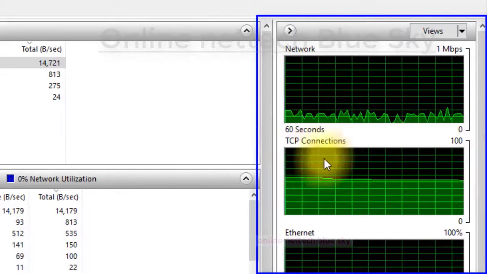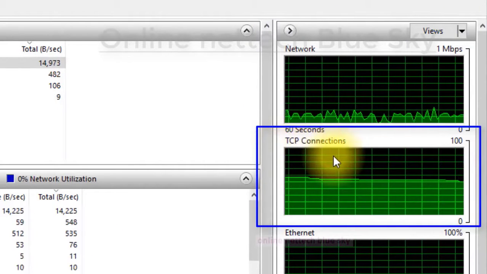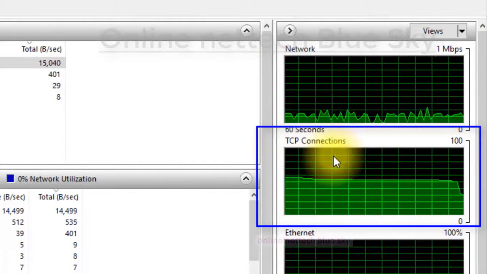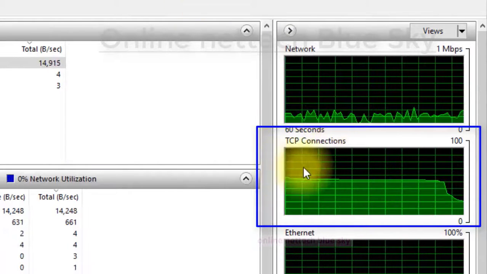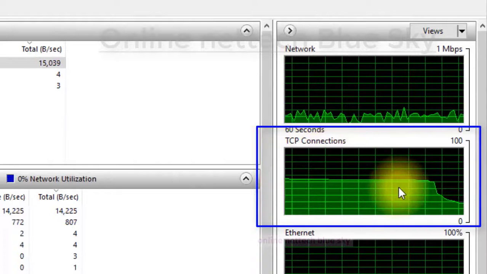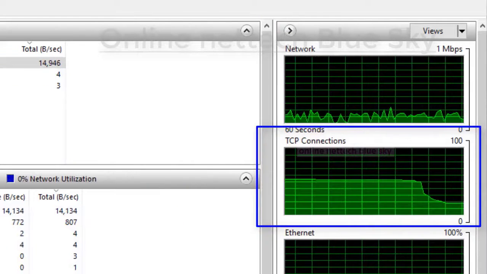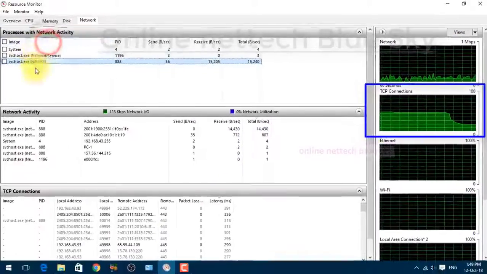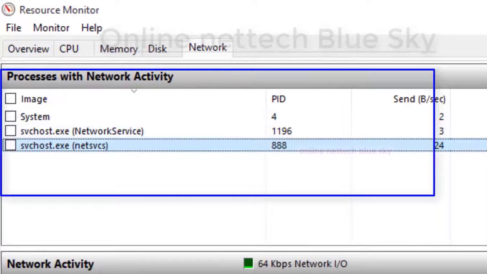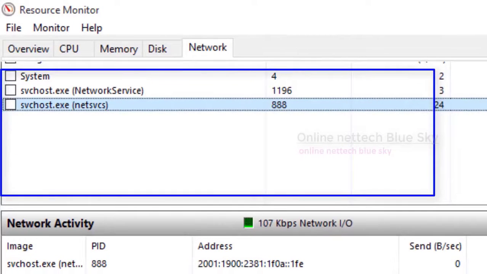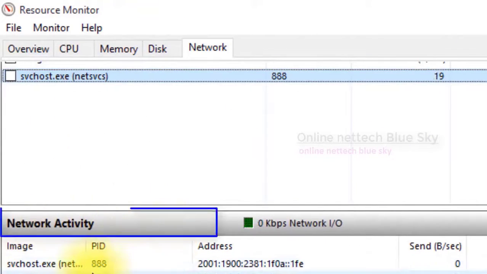This is a TCP connection, meaning TCP protocols always make this type of request, and a lot of requests are being sent at this time. All of this is showing TCP protocol connections and requests. You can see three types always working, and system files always work on my computer, because this is a main file.